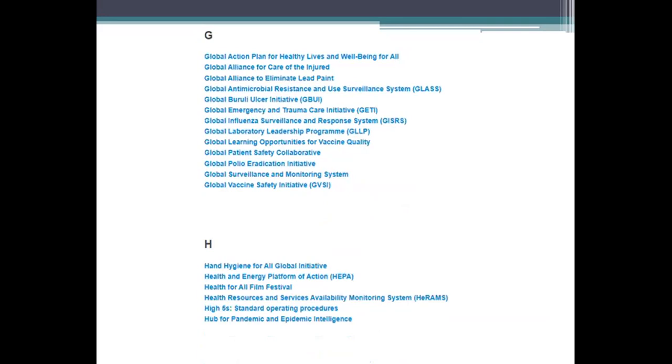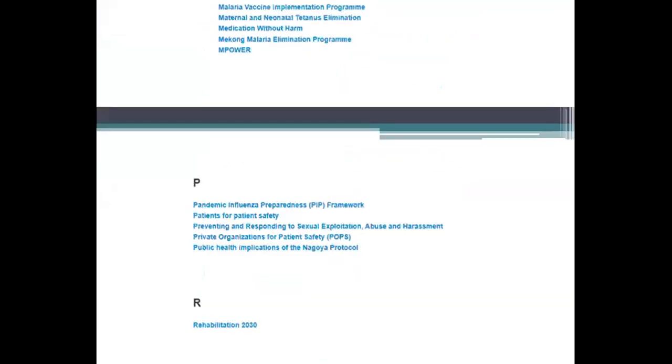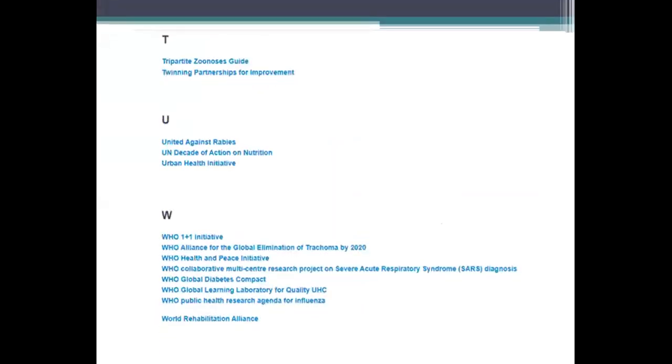Care of the injured, eliminating lead paint, global polio eradication, Global Vaccine Safety Initiative, Hand Hygiene for All global initiative, Health and Energy Platform of Action, Health for All film festival, HEARTS standard operating procedures, Hub for Pandemic and Epidemic Intelligence, International Electromagnetic Field Project, joint UNODC-WHO programme, Malaria Vaccine Implementation Programme, Medication Without Harm, patient safety, pandemic influenza preparedness framework, preventing and responding to sexual exploitation, abuse and harassment, Rehabilitation 2030, SAFER, which is an alcohol control initiative, strengthening national nutrition information systems, Zoonosis Guide, United Against Rabies,